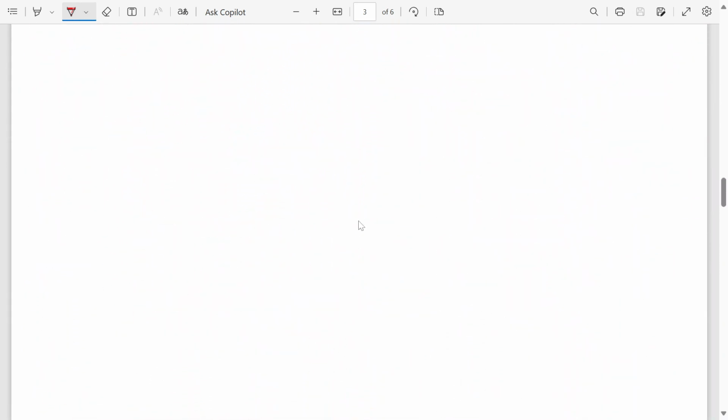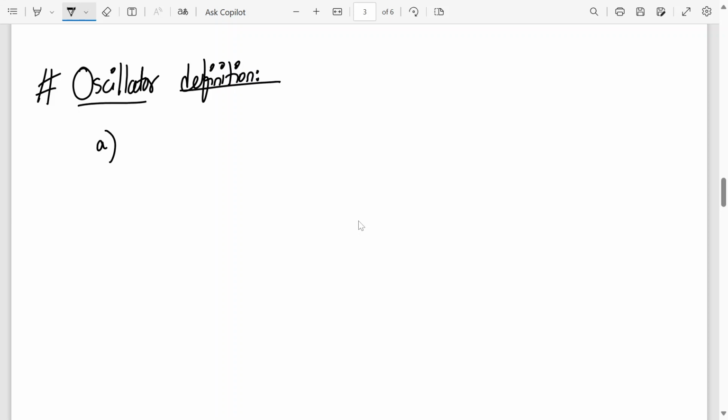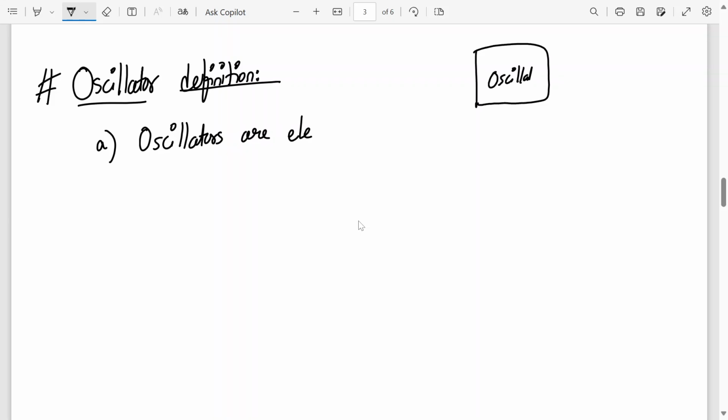So write down along with me, everyone: oscillator definition. Point number A, write down: oscillators are electronic circuits. Let me draw a block of an oscillator. It doesn't require any input, it requires VDD and it produces the output Y. And the output of the oscillator will be a